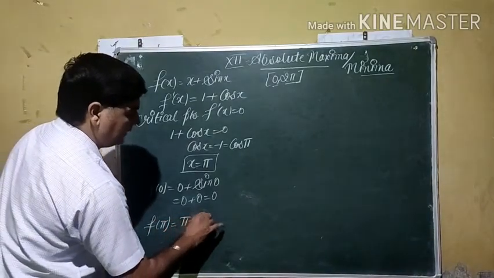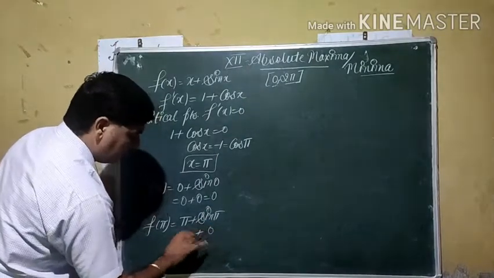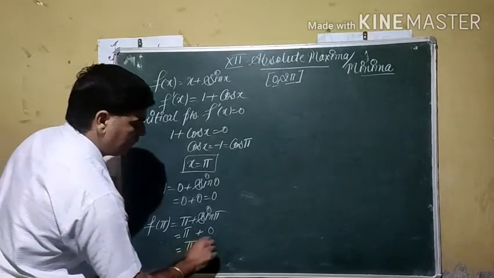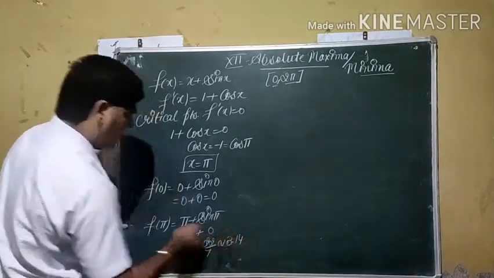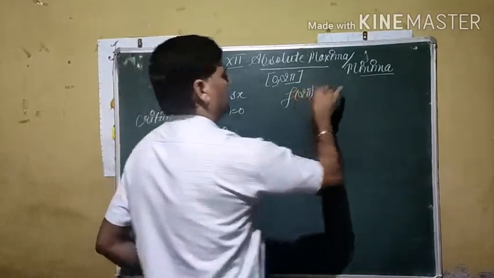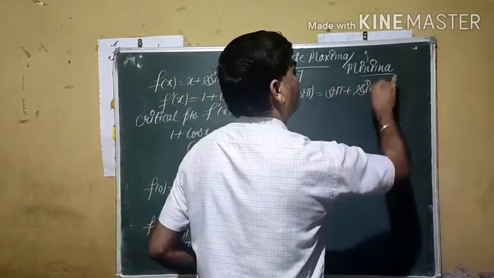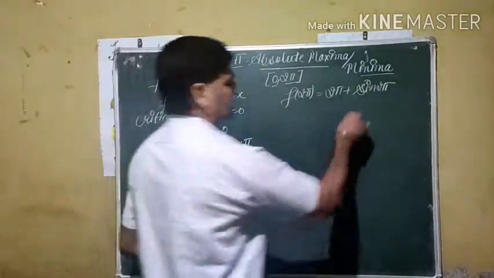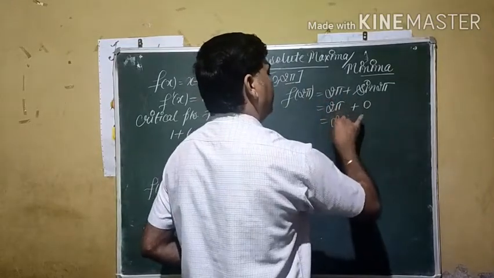Now we have to replace pi, means 180. Pi plus sine pi. Sine 180 value is given by 0. So value of the full function becomes here pi, means 22 by 7. We can say approx 3.14 from here. Now we are going to use another endpoint of the interval, 2 pi. It is given by 2 pi plus sine 2 pi. 2 pi means 360. 360 means again the 0 level. Sine 0 is given by 0. So it becomes 2 pi plus 0. So answer becomes here 2 pi.